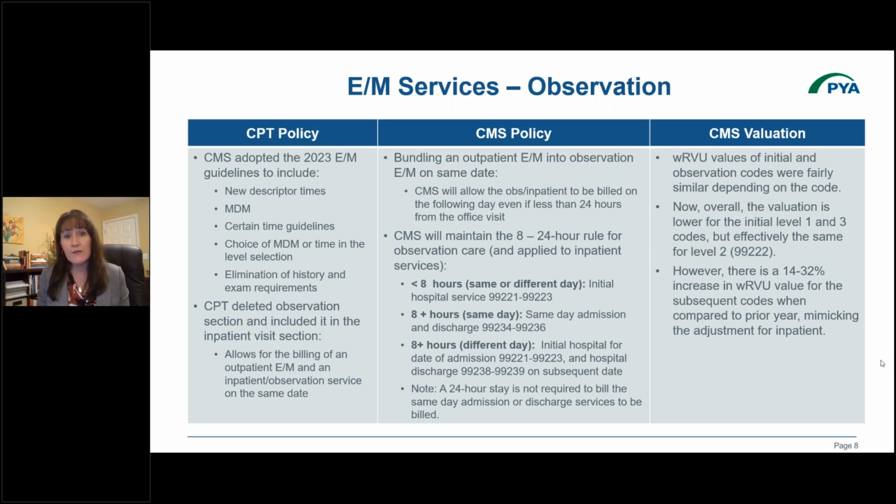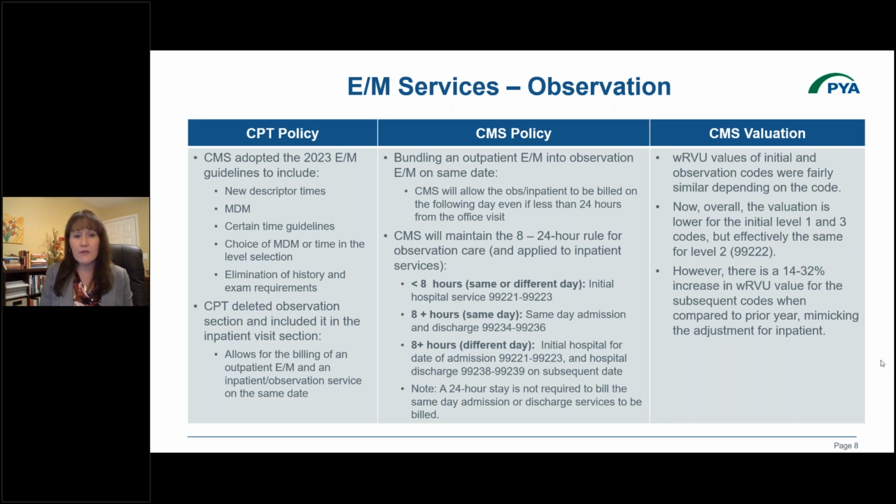So what you'll see in the final rule is that they've included a table that will give you kind of a decision tree, if you will. So if you want to print that out and provide it to your billing team and your coding team, so that they can see what that differential is and how to make those decisions. If you have this built into your charge master, you want to make sure that it's included in there, so that the proper code can be billed out.